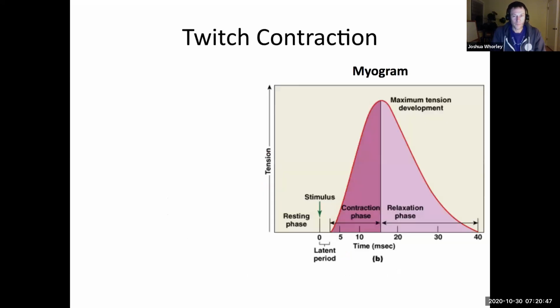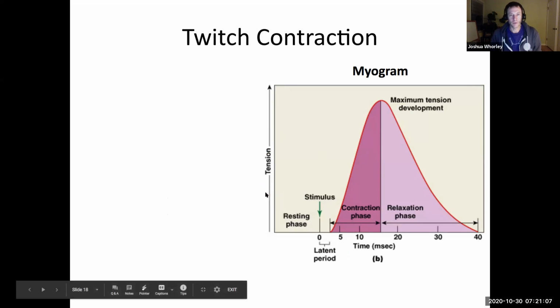Okay. So now I'm going to show you, this is a totally different figure. So it looks kind of similar, but now we're measuring two different things. And what I'm showing you here is a twitch contraction. So this is like the arrival of a single action potential. And you could think about this happening